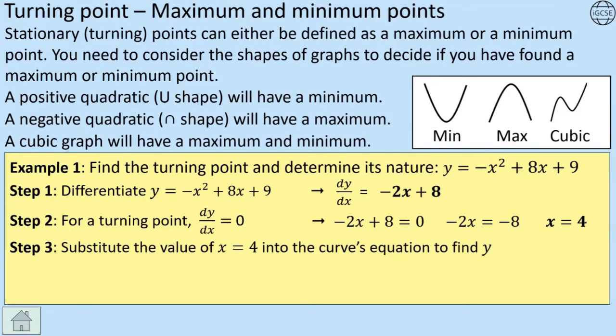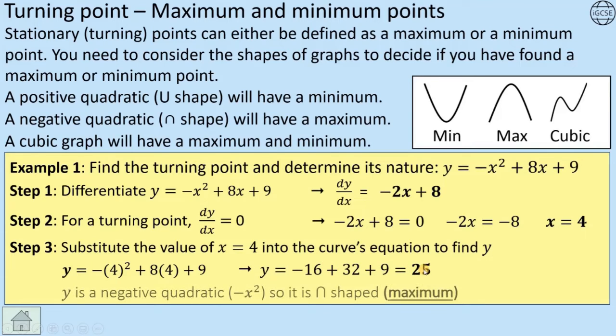So let's do that first of all. Substitute the value of 4, and you see we've got minus 4 squared plus 8 times 4 plus 9. Again, you'll notice I put these in brackets. I mentioned it previously. That's just to make sure that I don't get confused with doing minus 4 squared. So minus 4 times minus 4 is 16, but of course it's minus 4 squared, so it's minus 16 there. So we've got minus 16 plus 32 plus 9 equals 25. So my coordinate is going to be